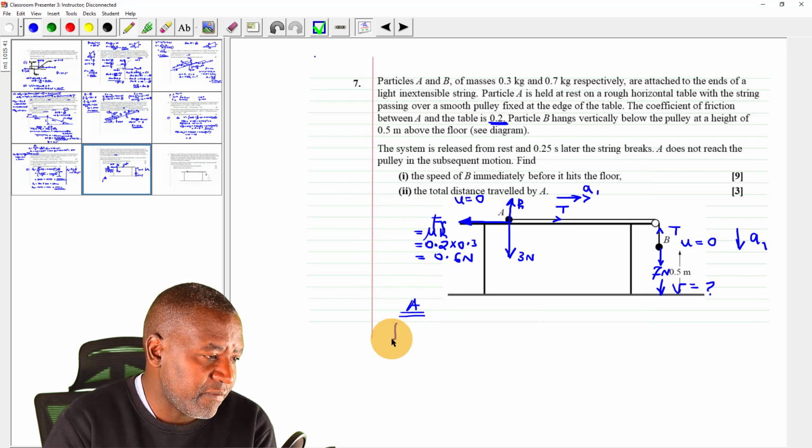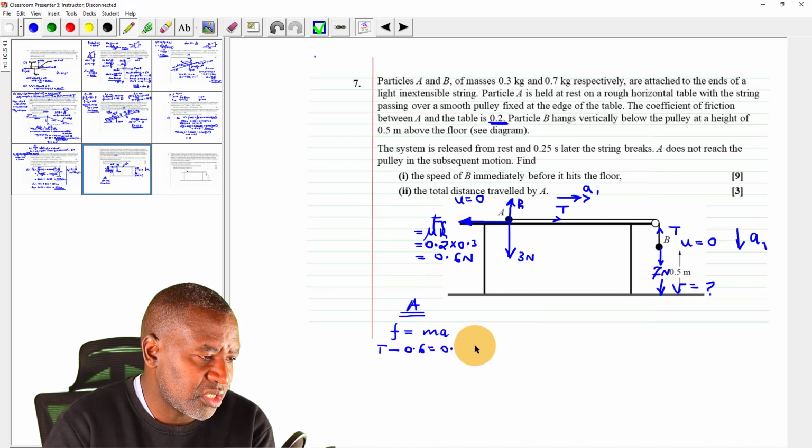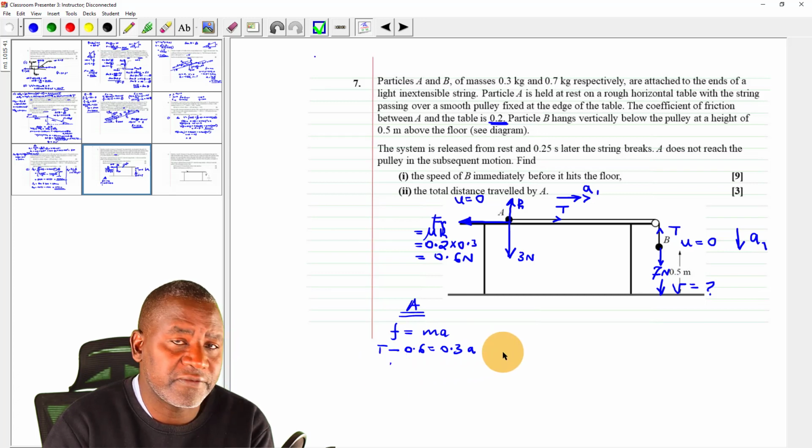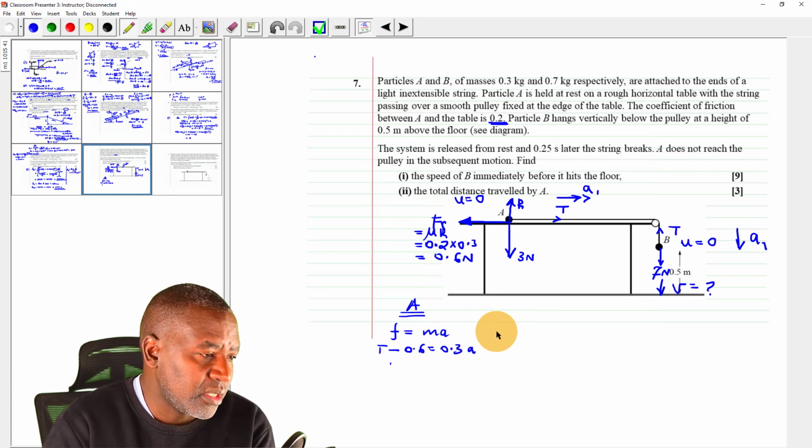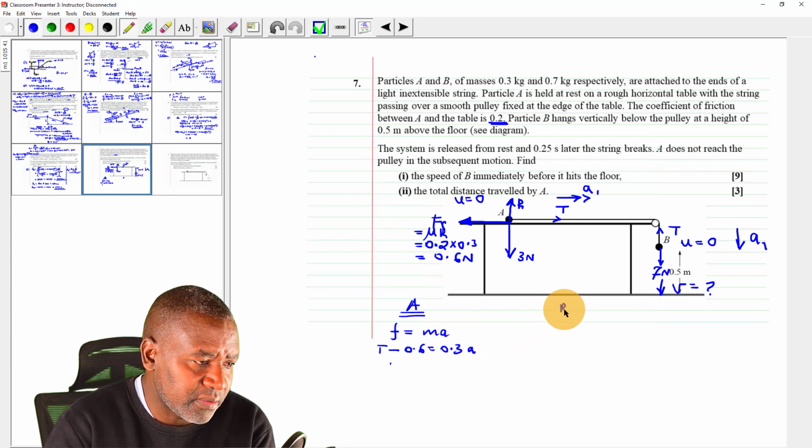I will say F, a resultant force on it, is equal to ma. Resultant force on it is T minus friction, which is 0.6, equals 0.3 A, and we can see that that is the first equation. That is the first equation. We can't go further than that. Let's look at